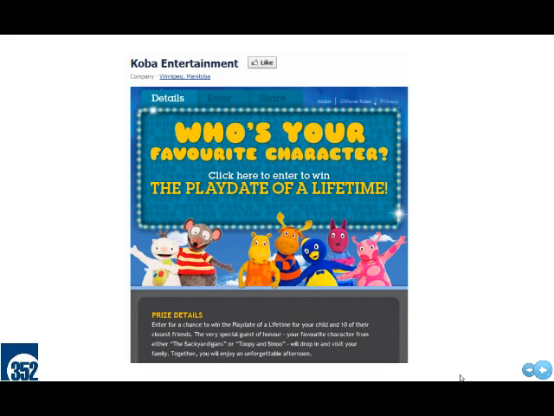So here's an example of a company who is doing some great incentives for people to like them. Facebook has recently come under some stringent guidelines, and you have to be very particular about how you give something away through Facebook. Most of the time it's going to be through a third-party application such as Wildfire who builds a specific app for you on your Facebook page. People register through there, like your page, they have to make some sort of engagement with your Facebook page.